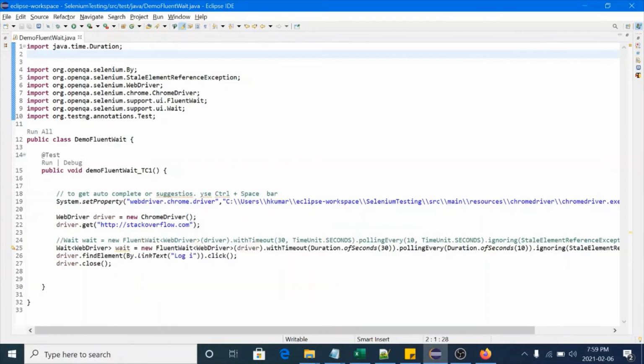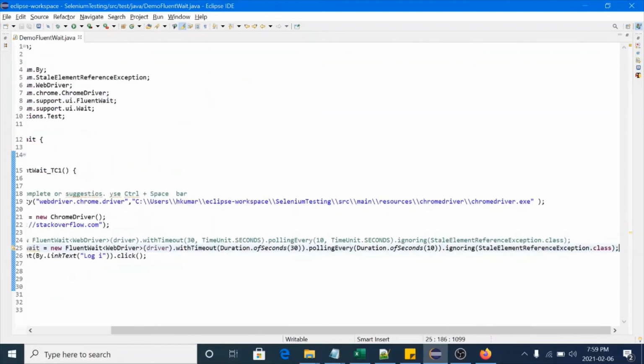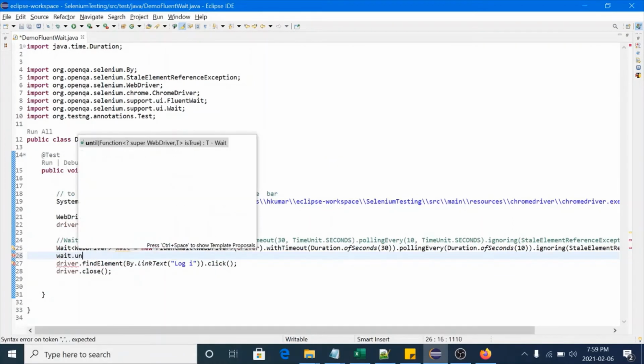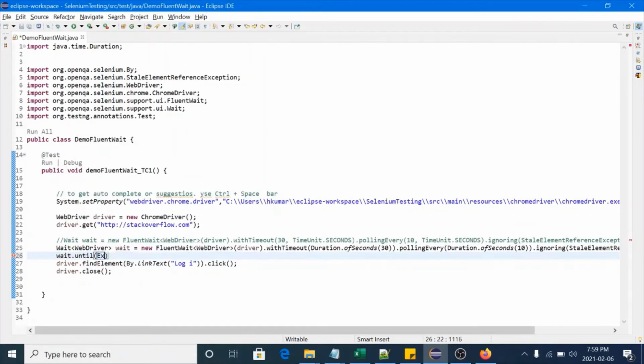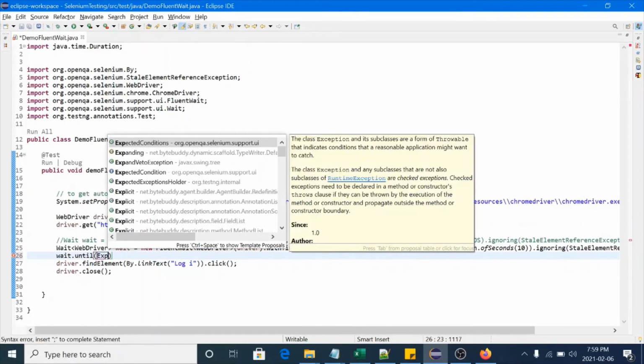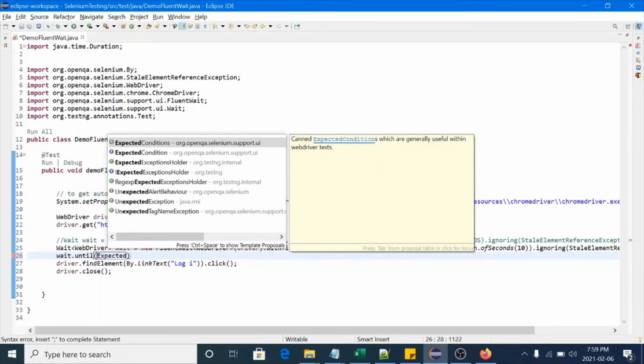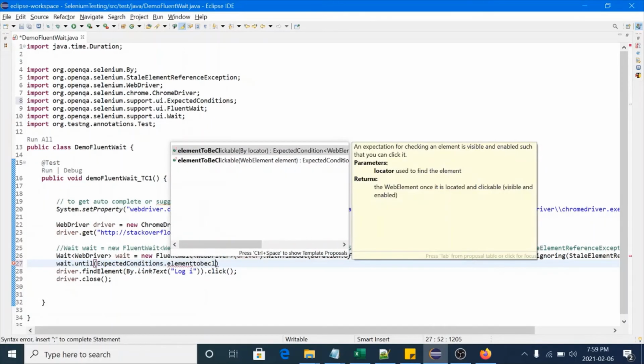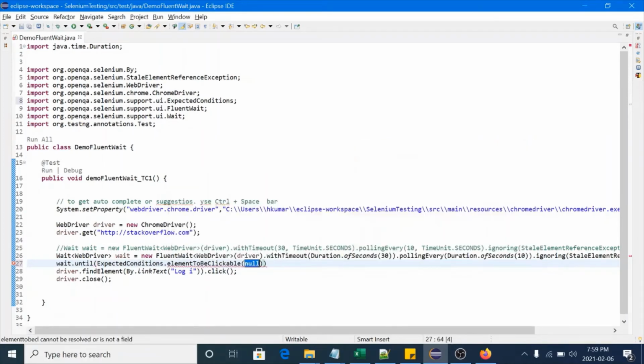Right now it's showing a yellow warning saying that wait is not used yet. So how to apply this fluent wait to this login element? Again wait.until(ExpectedConditions.elementToBeClickable(...)). You can pass the locator here, or you can pass the direct element.